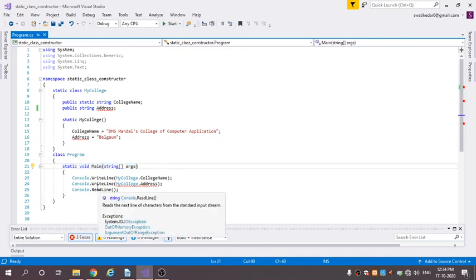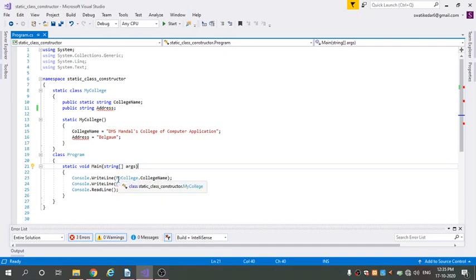Inside the Main method we are printing with Console.WriteLine the college name and address. You see here we are printing, or accessing, the college name and address without using an object, but using the static class name.